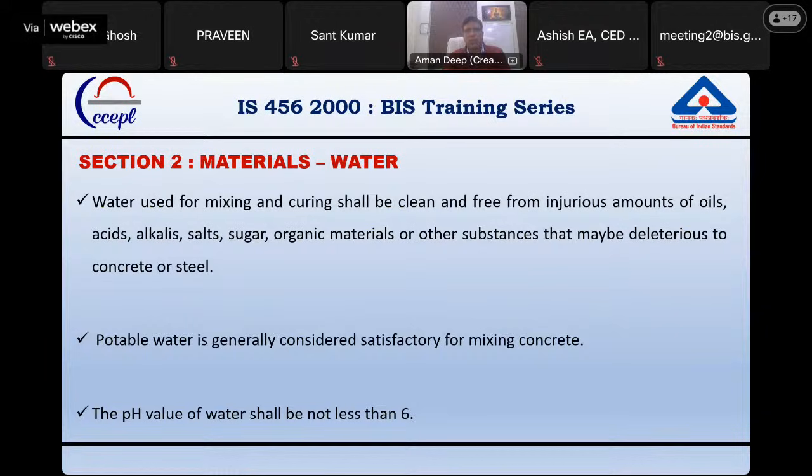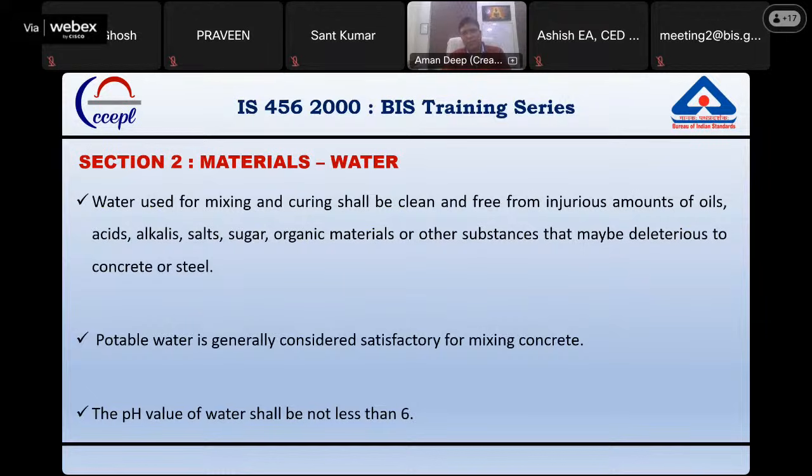The pH of the water also plays a role in the development of the strength of concrete during the hydration process. So this code suggests that the water used for mixing and curing shall be clean and free from injurious amounts of oil, acids, alkalis, salts, sugar, organic materials, or other substances that may be deleterious to the concrete or steel. It means any element which can harm the concrete or steel should not be in the water, because water will then be part of the concrete